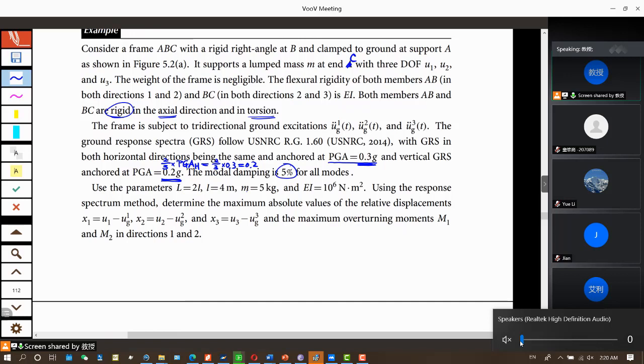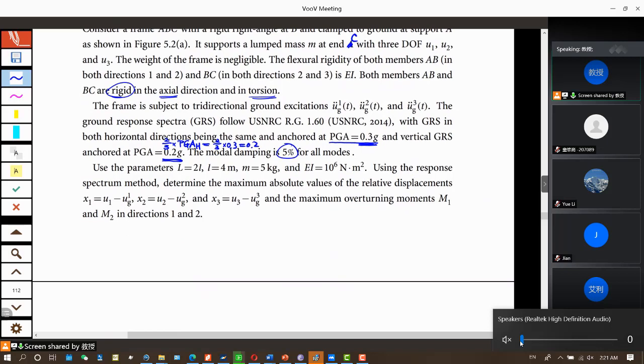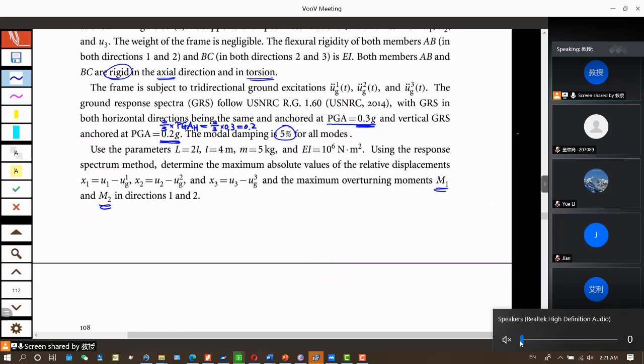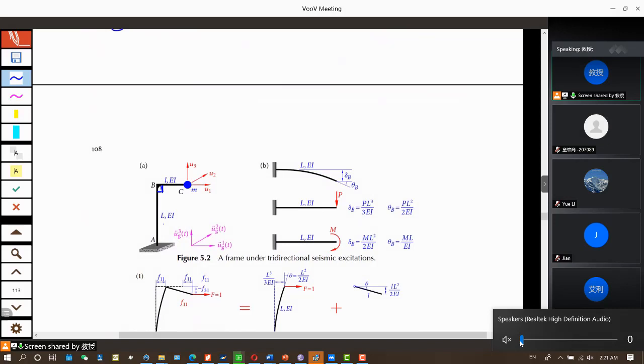We know all the properties of the frame: length, mass, and flexural rigidity. Okay, we have these directions. Now first we need to establish the equation of motion, and so we need to find the mass matrix, stiffness matrix. Depending on the question, sometimes it's easier to find the stiffness matrix,